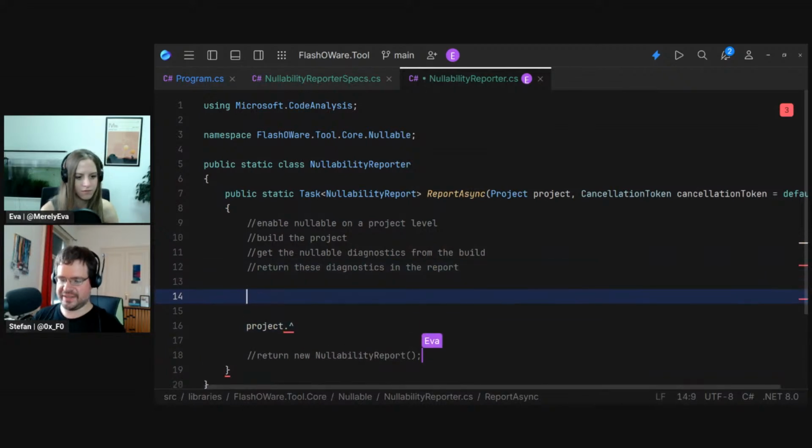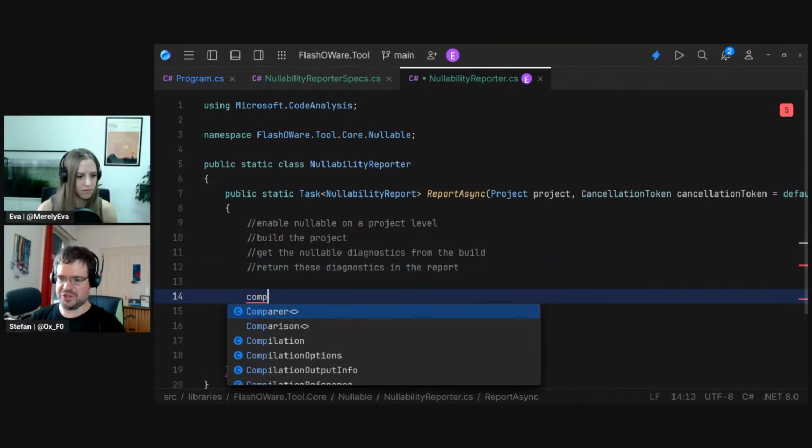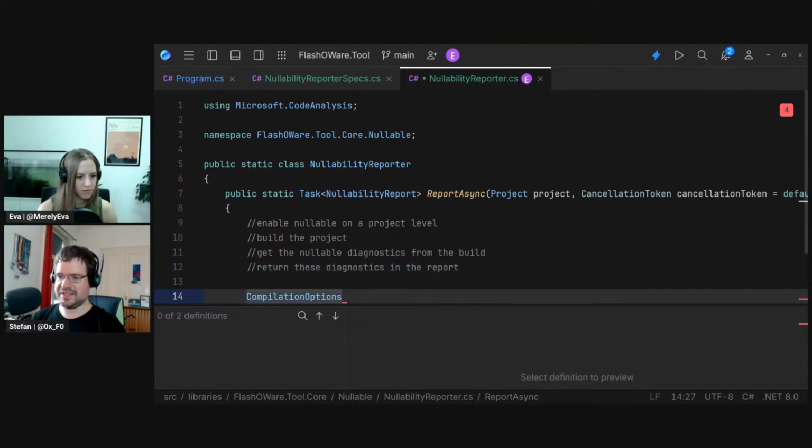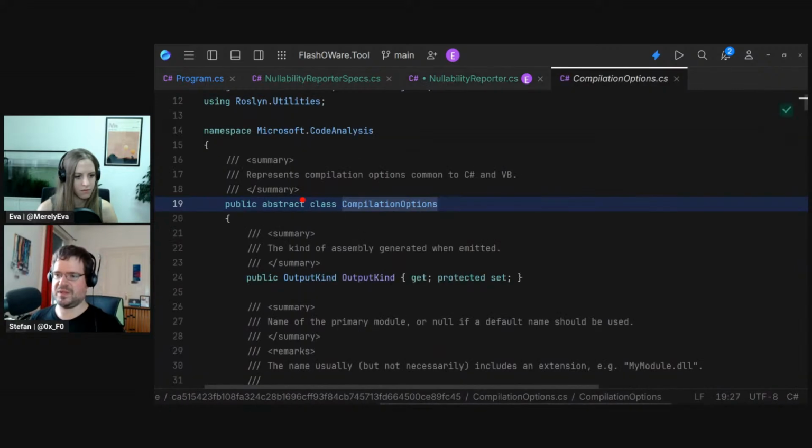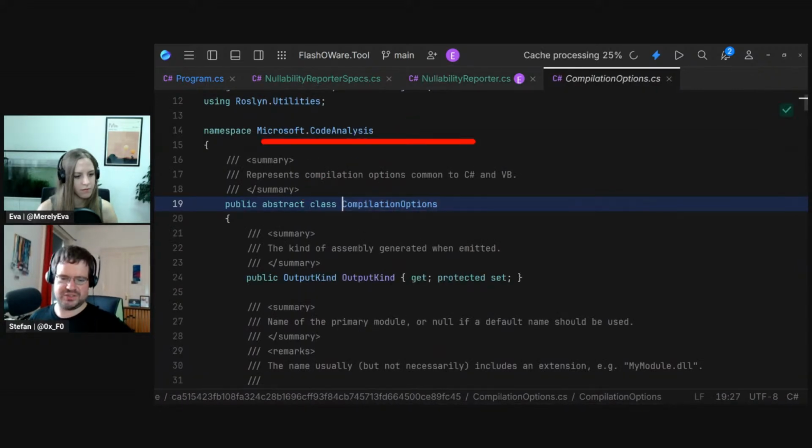So let's take a look at it. There is compilation options, but this is an abstract type. Because Microsoft.CodeAnalysis, that's the C# compiler, has, maybe there is a,